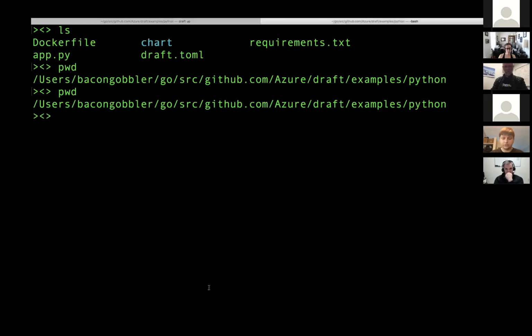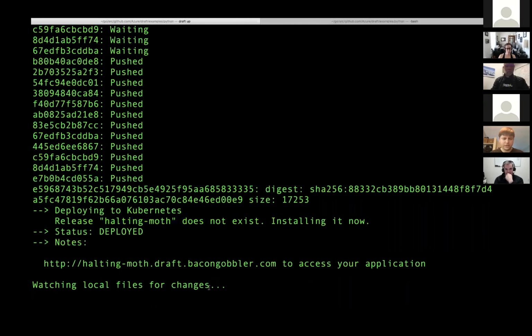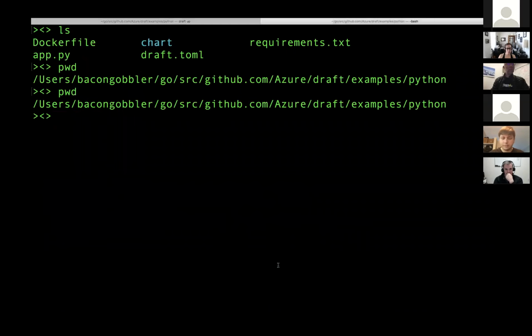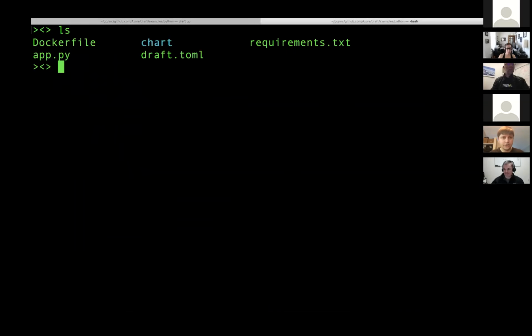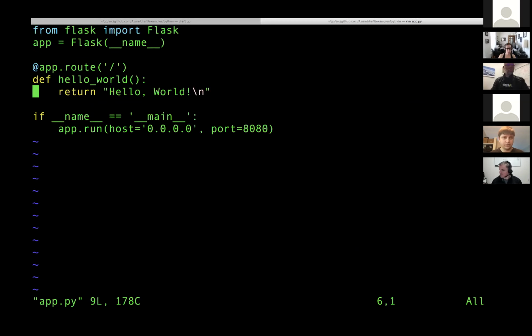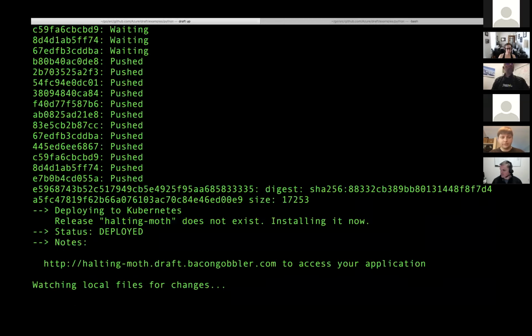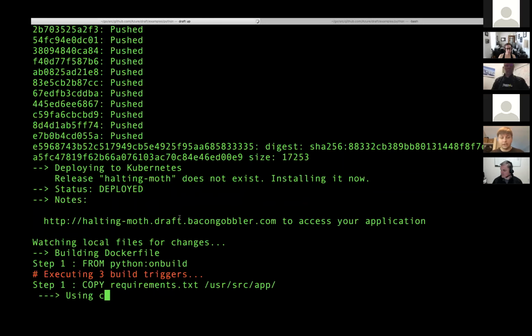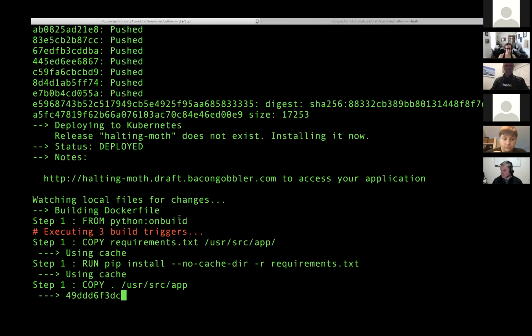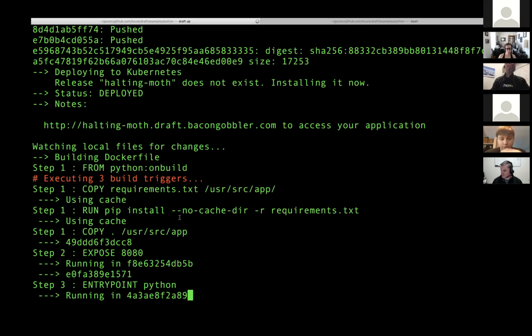So if I wanted to change the app.py to say, instead of hello world, let's say hello draft, I don't know if I have my ingress set up correctly right now for this, but it will write that, and then it'll automatically notice that we've changed files in the local file system, and it'll rebuild and push it again. And what will happen in the server,